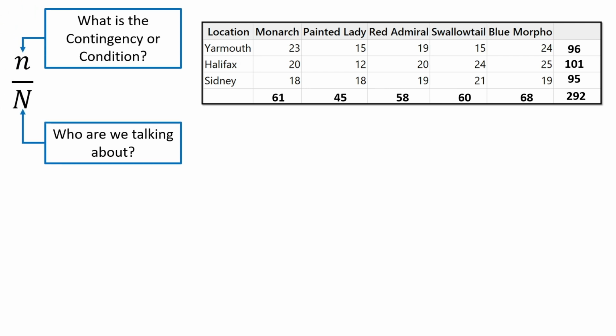First, you have to ask yourself, who are we talking about? That number goes on the bottom. That's always the bigger of the 2 numbers. And then you ask, what is the contingency or condition of those who we're talking about, that we're looking at? So for example,